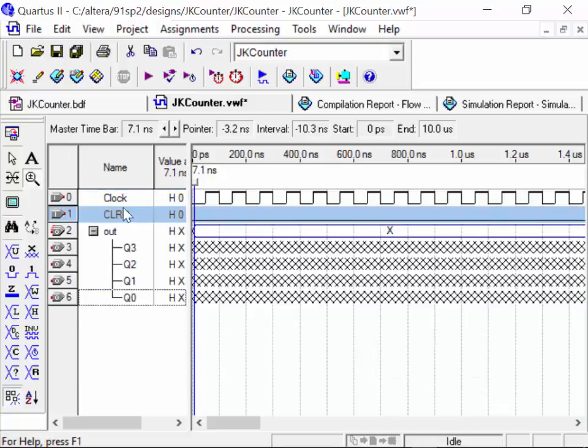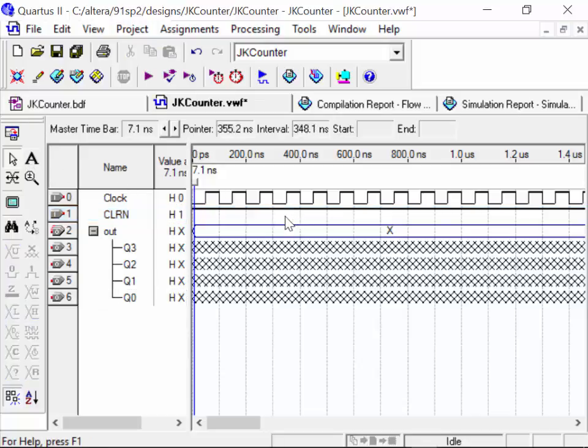And then I'm going to set it to high, right there. And then somewhere along here, I'm just going to set it low there. So I'm just pulsing it low for a short period. So now when I simulate it,